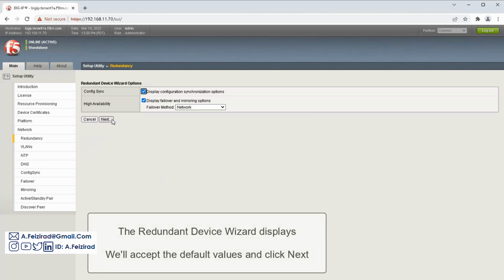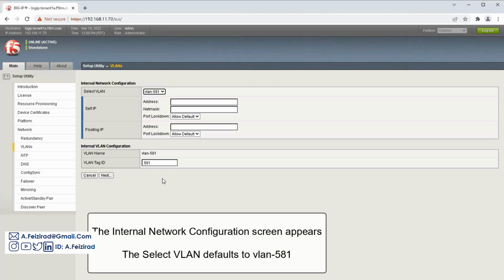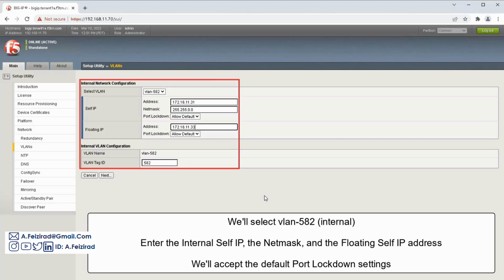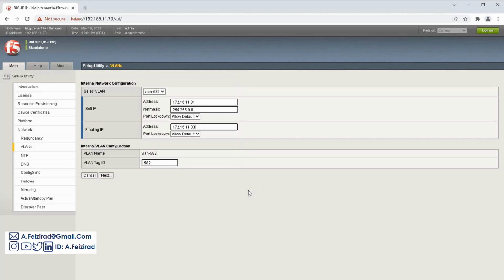The redundant device wizard appears. Accept default values and select Next. The internal network configuration screen appears. The selected VLAN defaults to VLAN 581. Select VLAN 582 Internal. Enter the internal self-IP, the net mask, and the floating self-IP address. Accept the default port lockdown settings. Next,